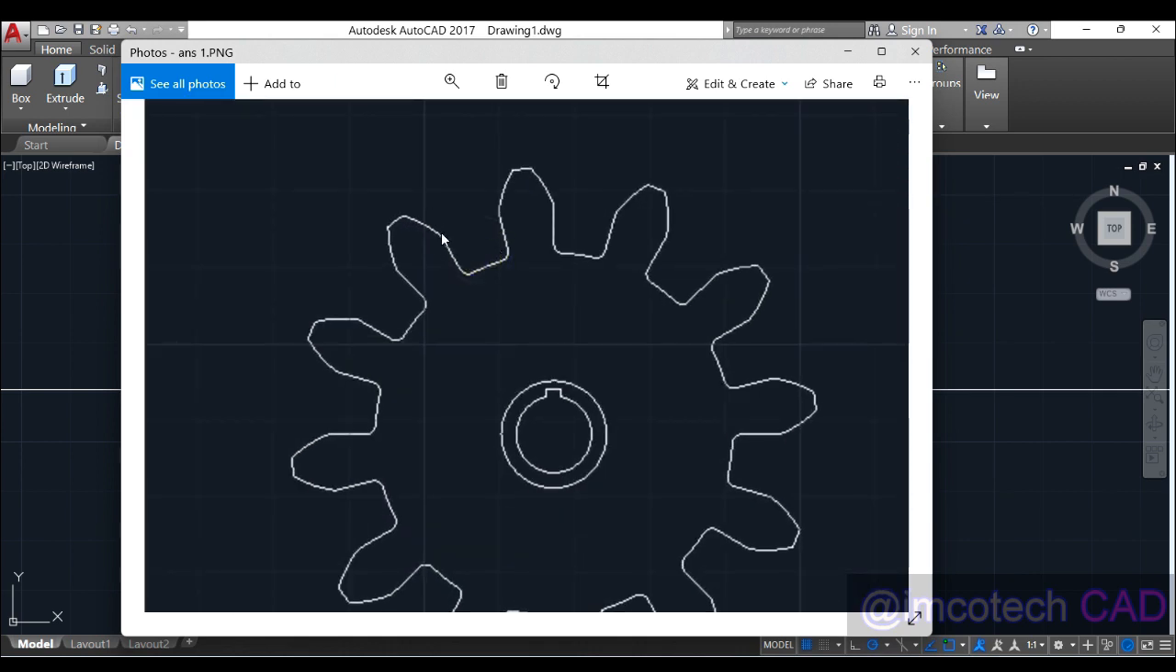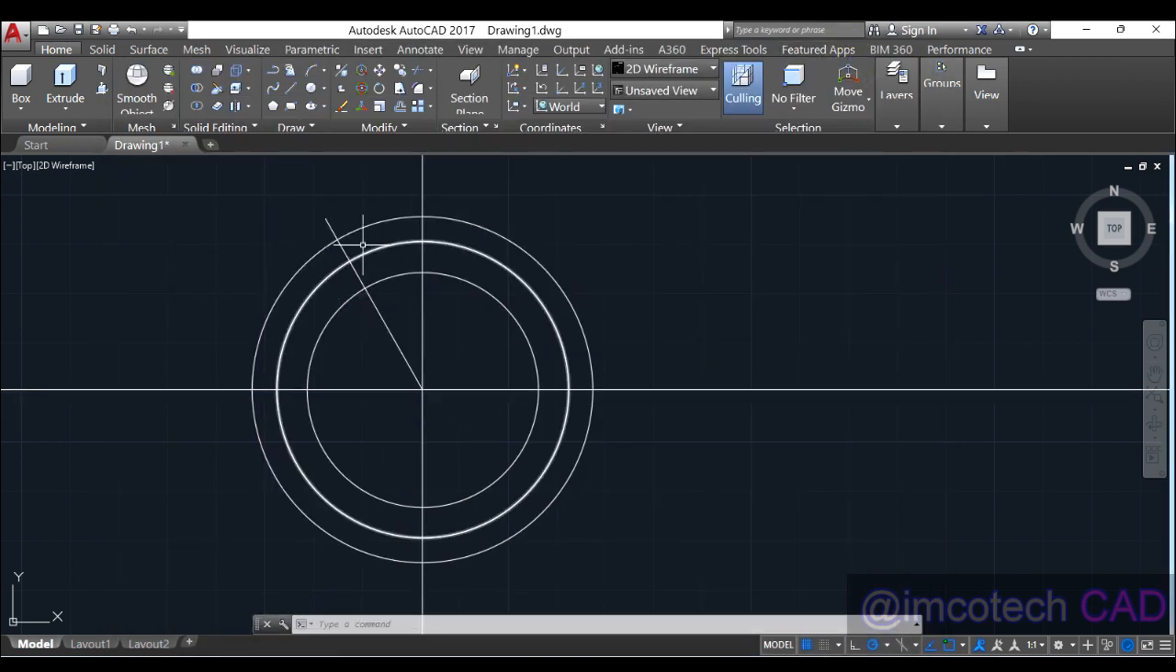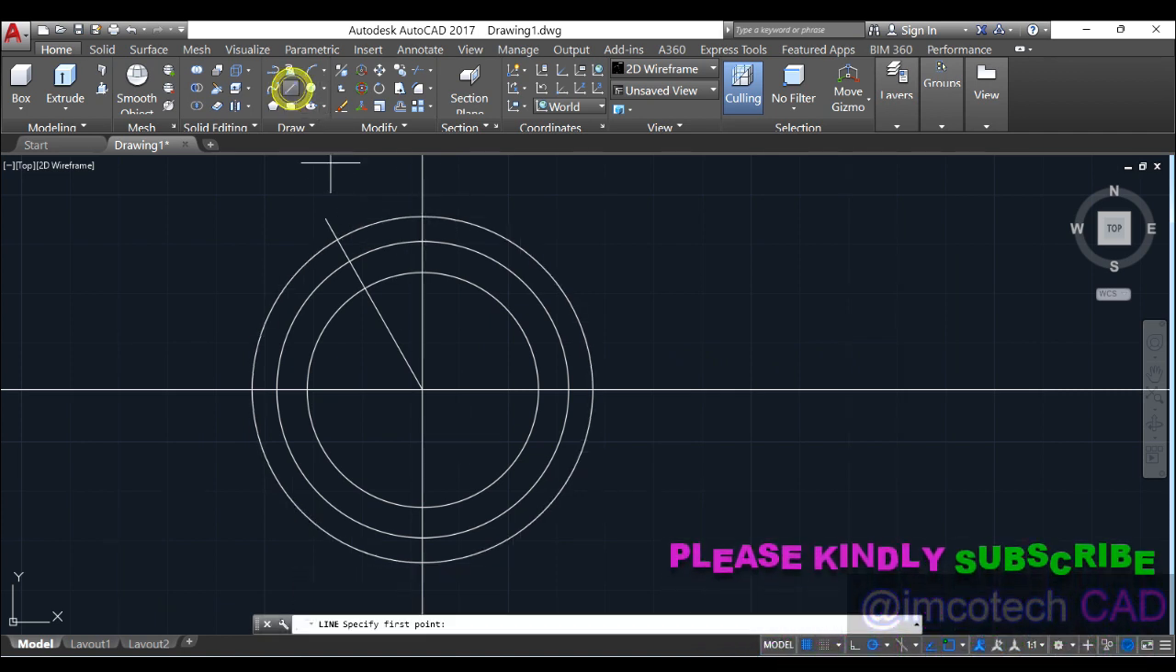So from this place to this place, from one side of a tooth to the corresponding side of another tooth, is called circular pitch. And this circular pitch from this place to this place is 30 degrees. I think you get that now. So we will just divide this and draw the tooth on one of the sides. So we are going to draw another line